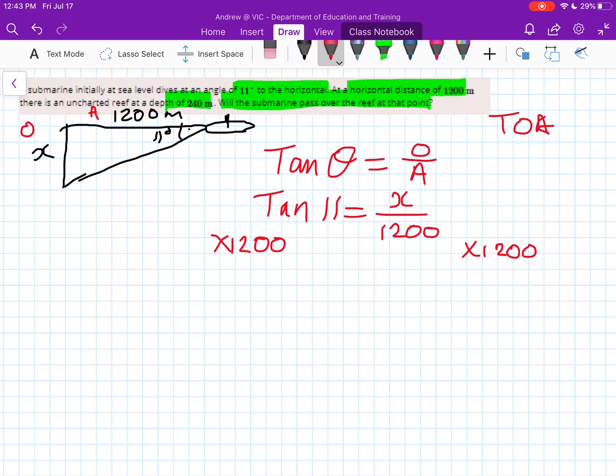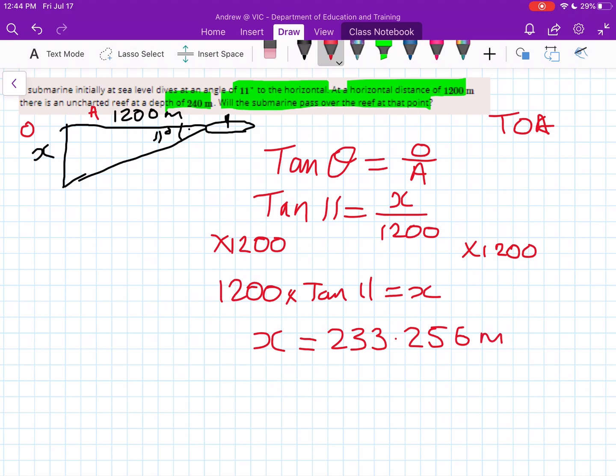So here 1,200 times tan 11 is equal to x. I'll just quickly work that out. And that here gives x as a value of 233.256